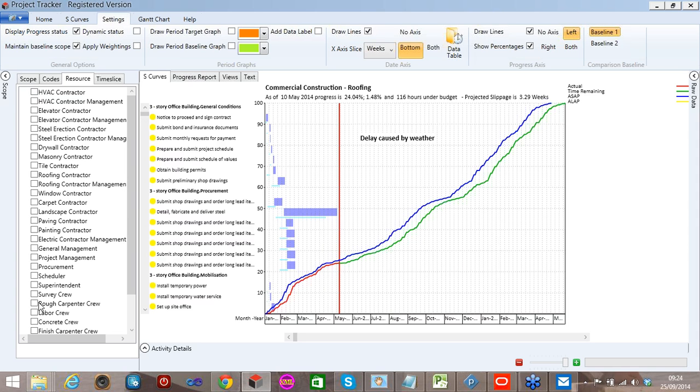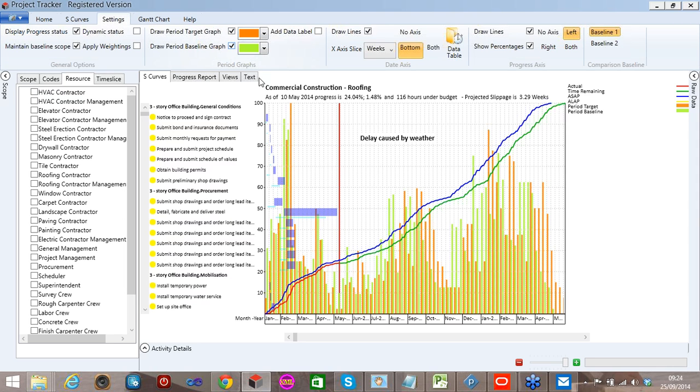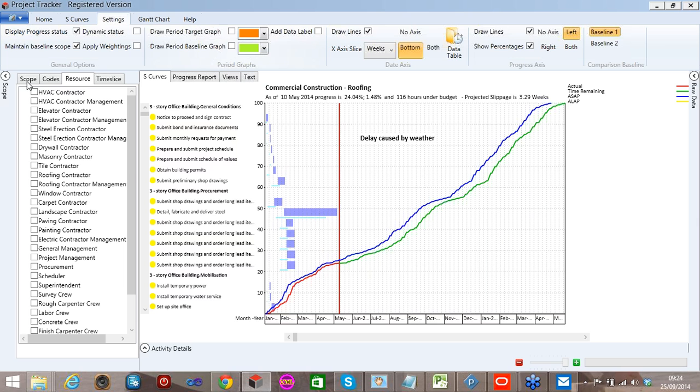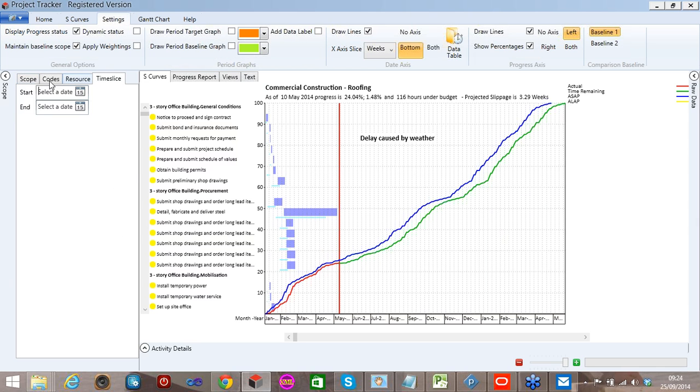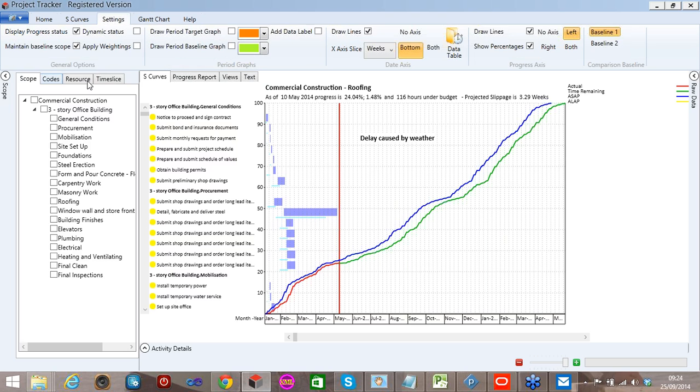individual graphs. And again, whatever the filter's based on, you would see only the tasks or only the period graphs that are required. So this filtering is an extremely powerful and quick way. This is where the payback in Project Tracker comes: it's extremely quick to display the information that we require. So I'm just going to go back to